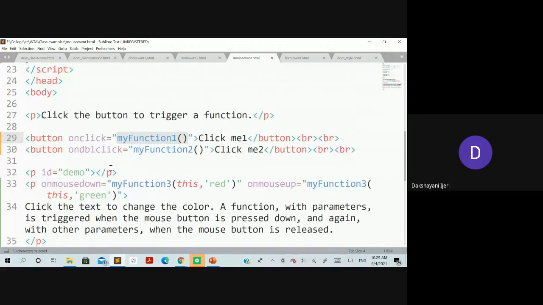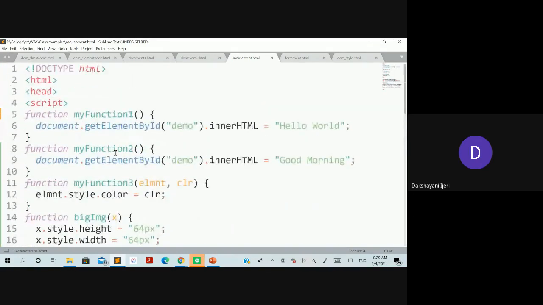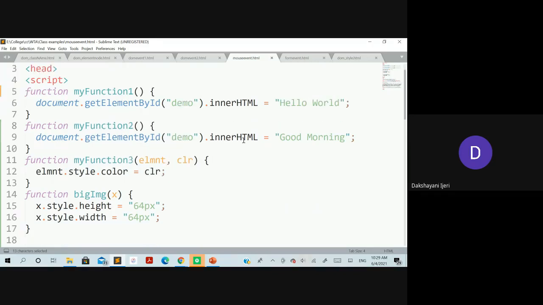So what needs to be done? Clicking is going to happen on the buttons themselves, but the action is going to be performed below this. So what action is it going to perform, we'll see here. By innerHTML, it is going to access the inner HTML, in the sense it is going to access the content of that element, and it is going to set it as Hello World. That means once you click on that button, Hello World is going to be inserted as content to which element.